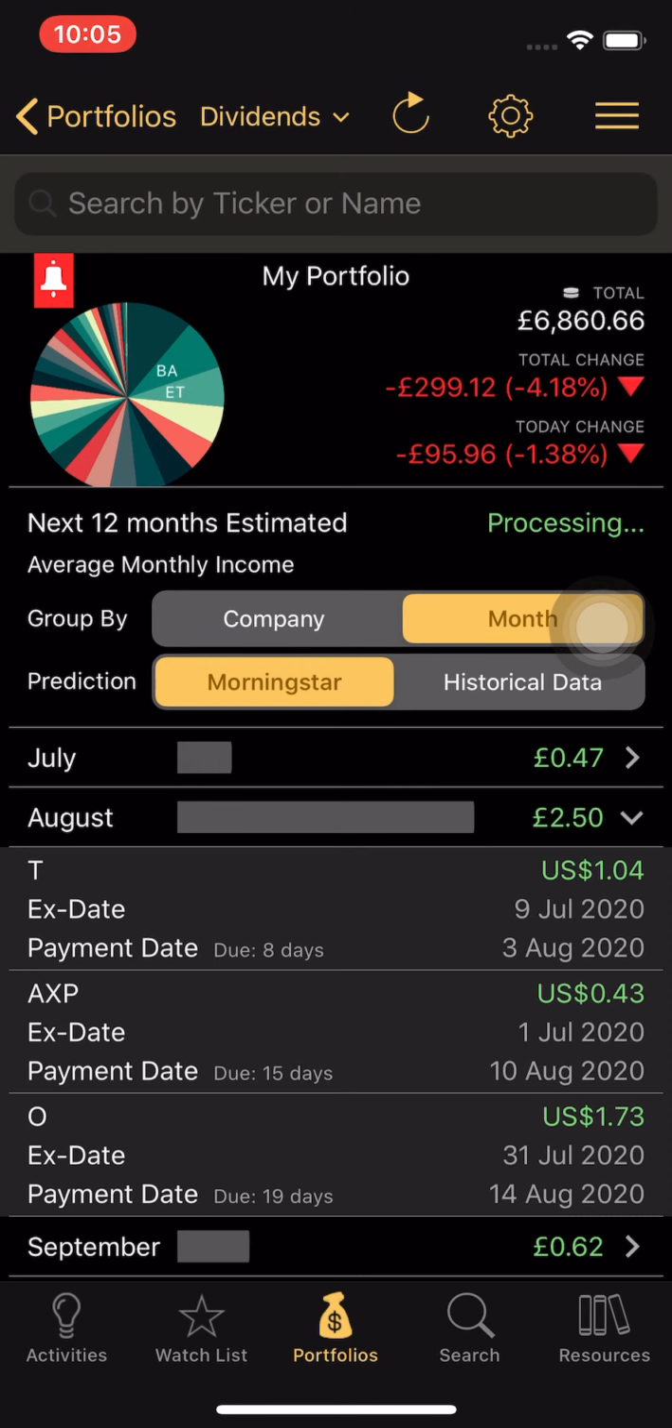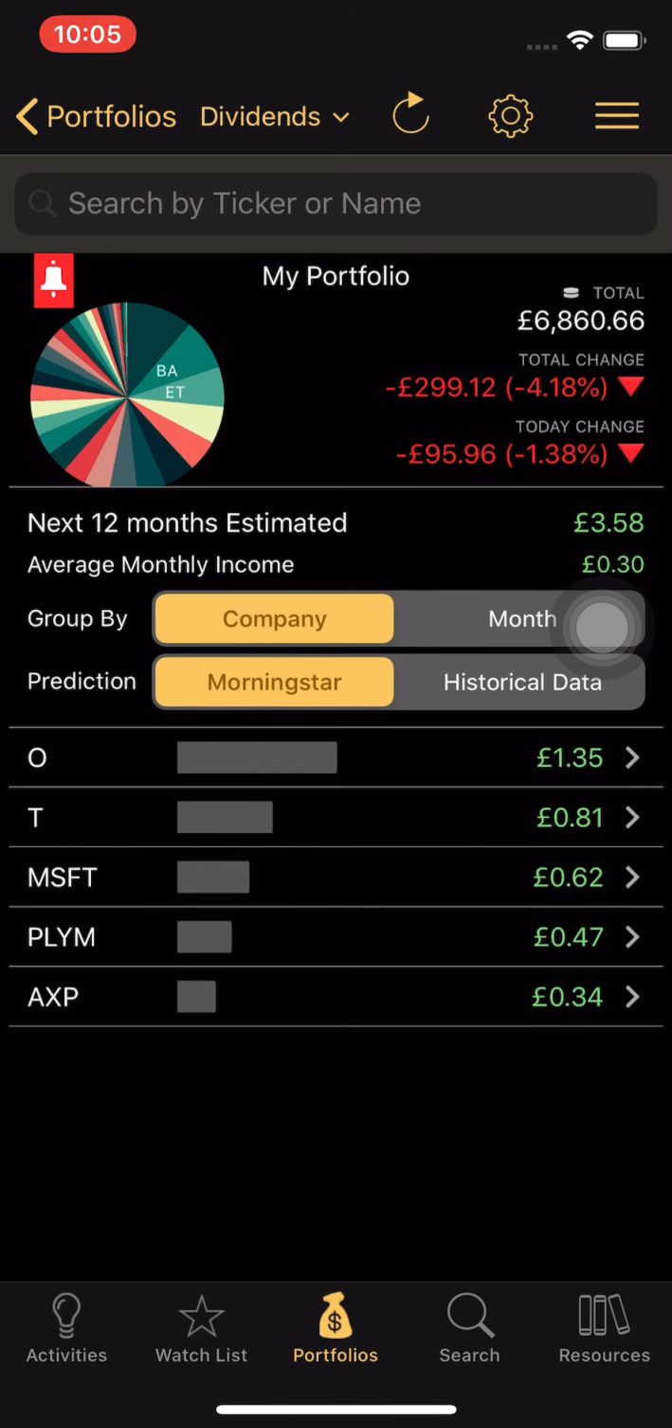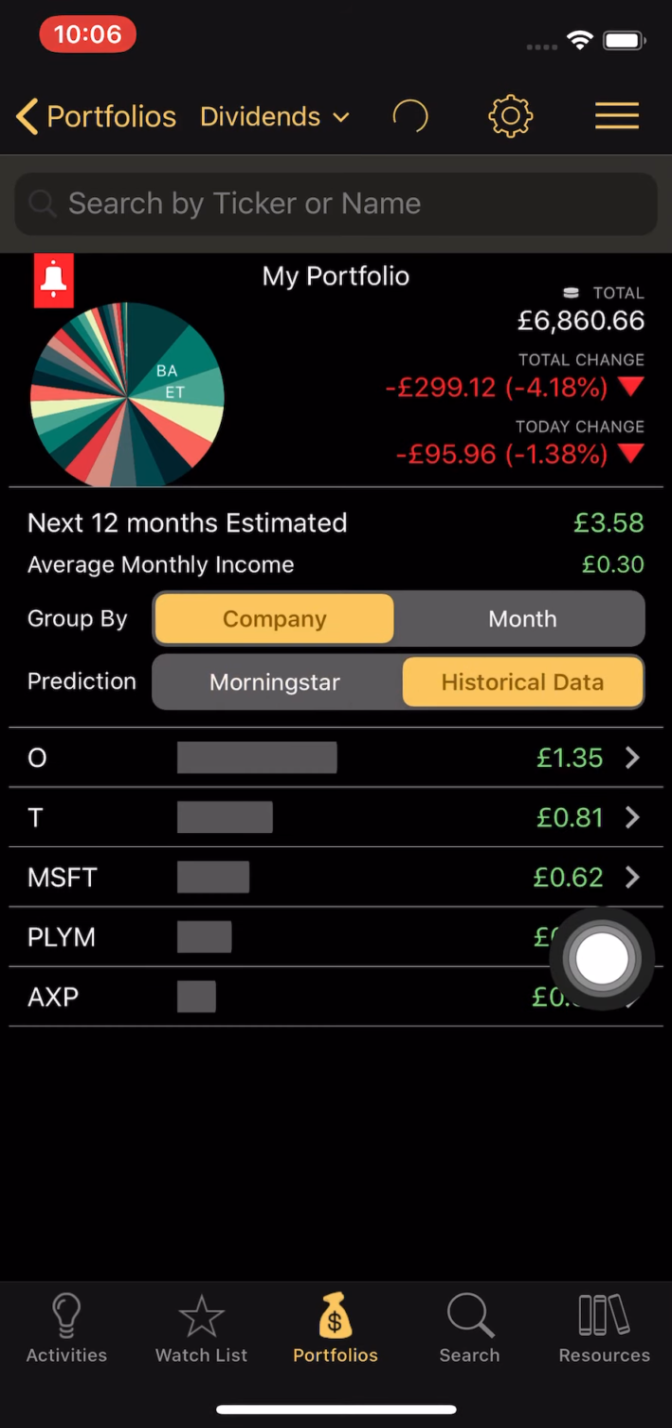So it has broken that down. But if you're interested in seeing it by company, it's broken down by company here. So you've got Realty Income, which is going to be paying the largest. That has actually been declared at the moment. But if we go to historical data, and I think this is a nice view, it kind of gives you an idea of what to expect